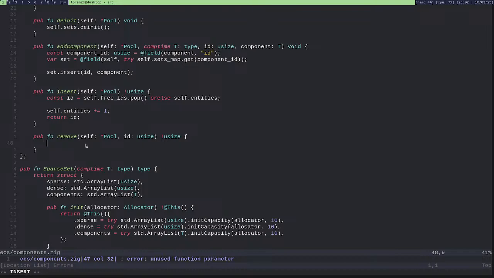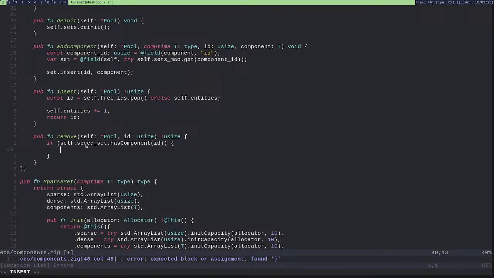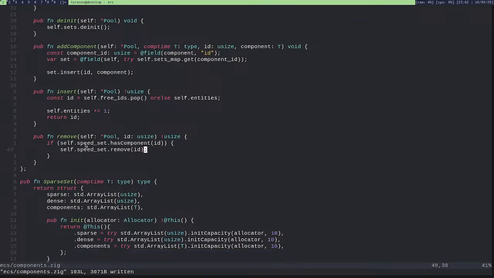And so now I just check. So if self.speed set has component ID, I will have to self speed set dot remove ID.